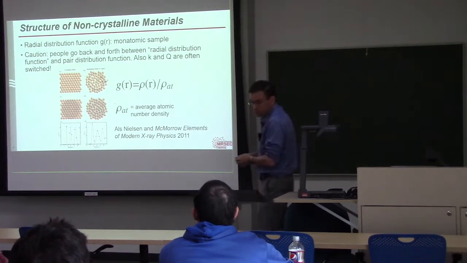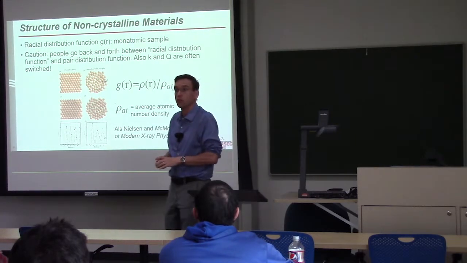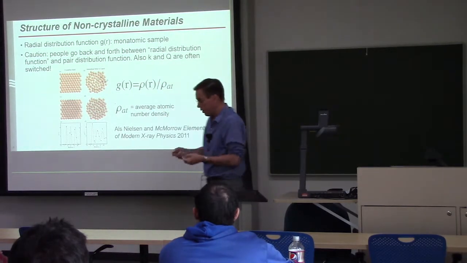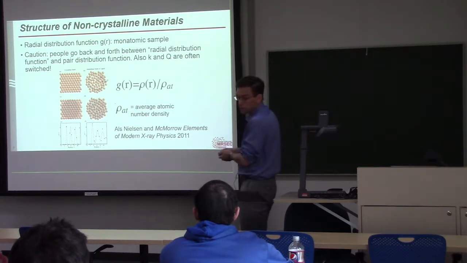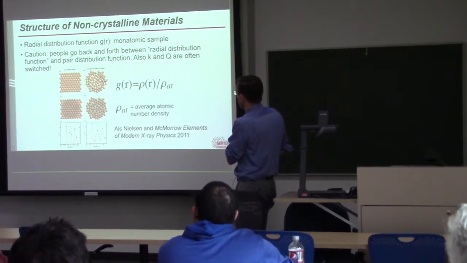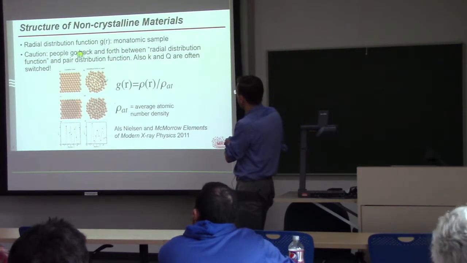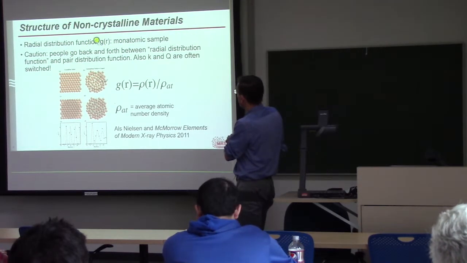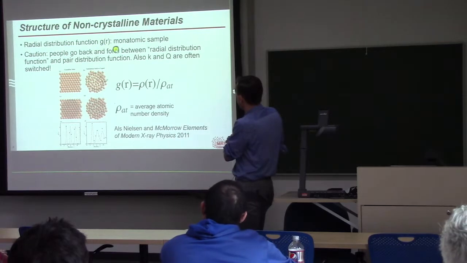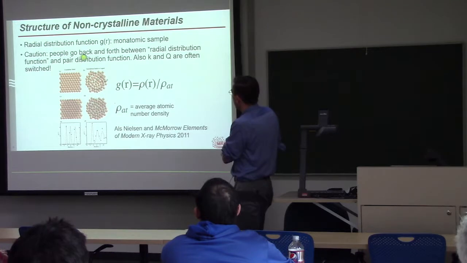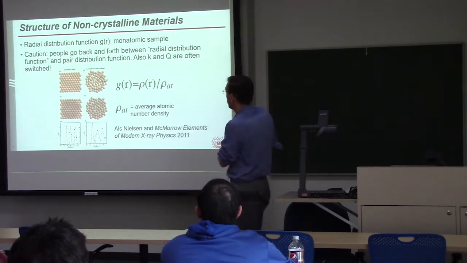Okay, so let's now start abstracting towards the structure and think about how we can use this G of R that we can measure to describe the structural aspects of these amorphous solids. If you start with any non-crystalline material, we can construct this radial distribution function or pair distribution function G of R, and I'll just caution you that people go back and forth. And you can see that it immediately will depend on the local structure of the material. So here are two candidate